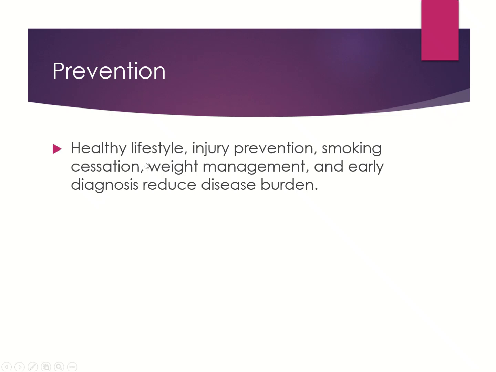We need to ask the patients to maintain a good weight, a healthy BMI, and if the patient has the symptoms or environment to get the disease, then we can diagnose the disease early, and we can reduce the risk burden, and we can avoid further complications in the patients